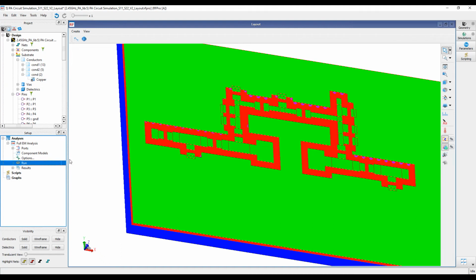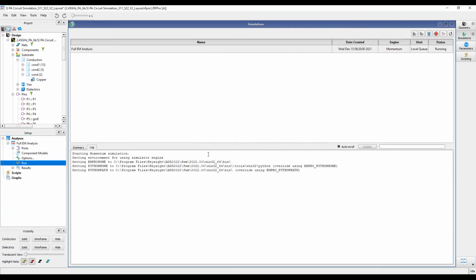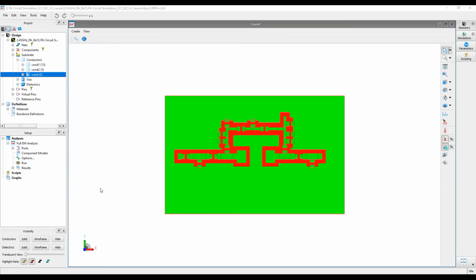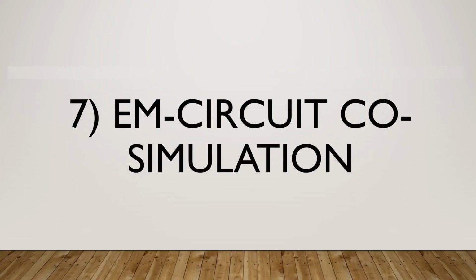The simulation is started. Since we have already simulated the design, I will not re-simulate it again. After simulation, double-click on Generate Sub-Circuit Model so you can do EM circuit core simulation with it. Finally, we will look into EM circuit core simulation and the results.